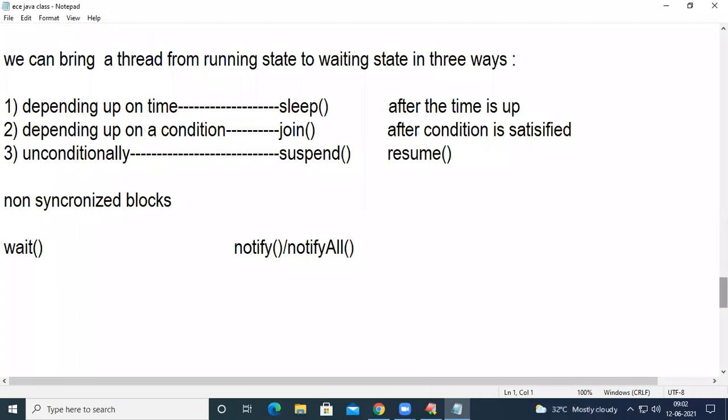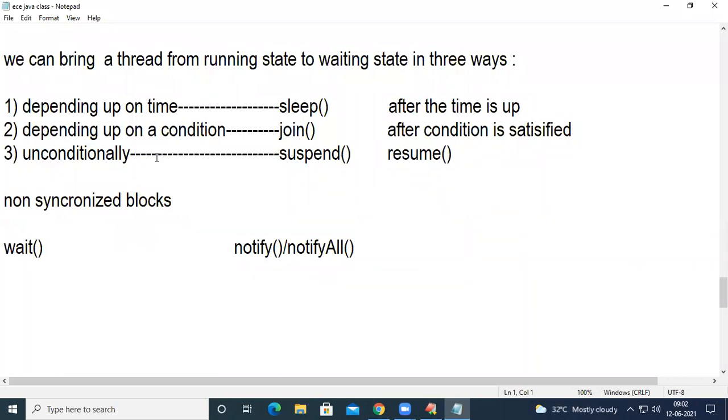Then we are going to look at how to suspend a thread unconditionally. This is the theory we studied a couple of classes ago. So we can bring a thread from running to waiting state in three ways: depending upon time, depending upon a condition, or unconditionally.